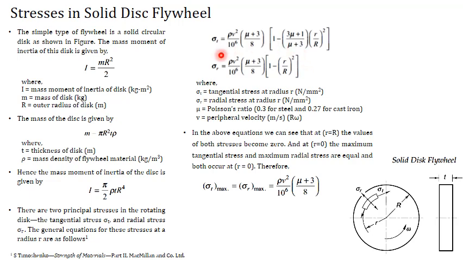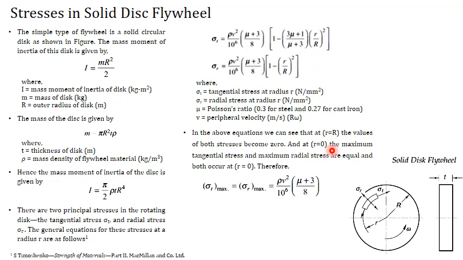So we can say that at radius capital R, the tangential stress and the radial stress are 0, whereas when small r becomes 0,